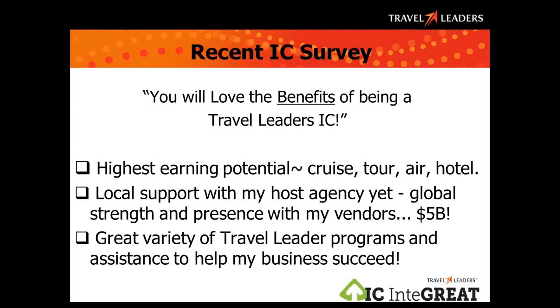And also a thing that is really a nice benefit for ICs is all the programs and the variety of programs that we offer to the host agencies and to the ICs to tap into. And again, we look at it from a business owner's viewpoint. I used to own an agency myself, so I'm always thinking about bottom line. I used to manage almost 20 ICs in my office, and so I understand the challenges are different, you know, from an IC viewpoint, and try to keep that in mind as we grow and